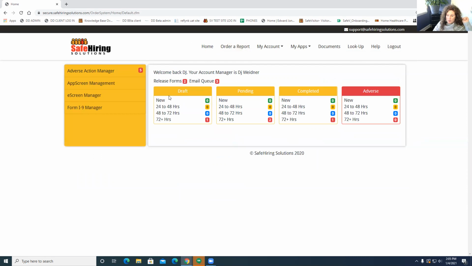Cues for report status: draft, pending, completed, and adverse. The draft icon indicates that there is a report sitting in draft status. We joke that that's really not a good thing. That means that someone, whether it be you or the applicant, has initiated the background check and has entered information,